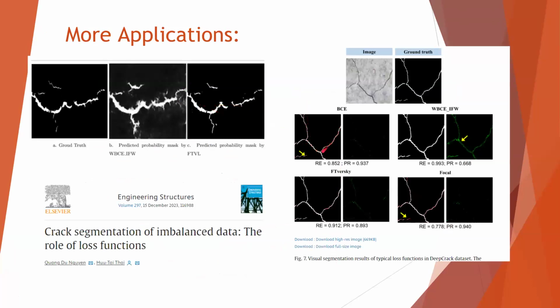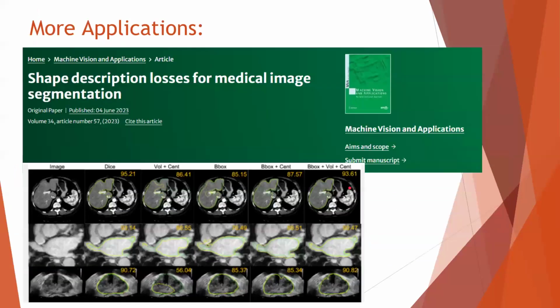So this is the same thing here. It's from another paper that I recently found. He also worked with imbalanced data, in this case crack propagation, and he also used a distance map and F-Tarski, which is another loss function, and found better results. Similar applications are very common in the healthcare sector, where we all want better loss functions, better boundary information,